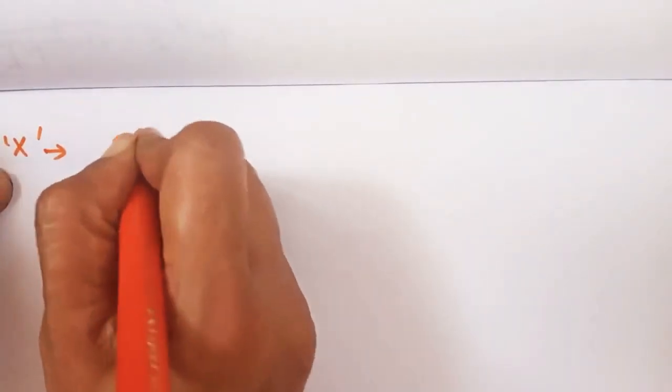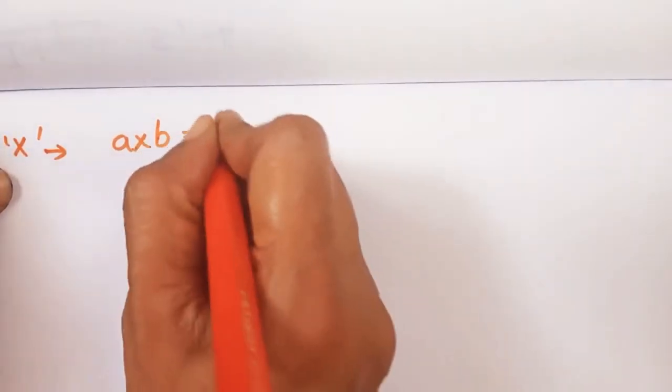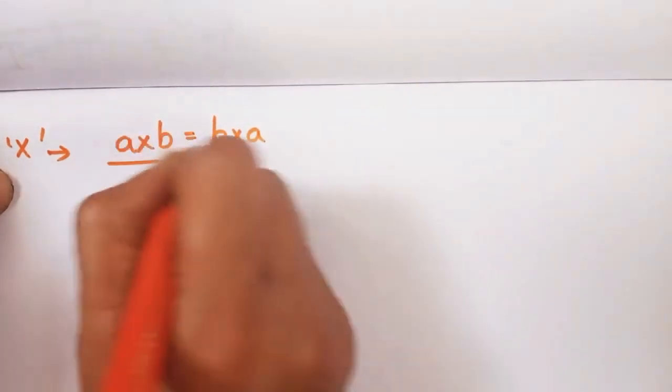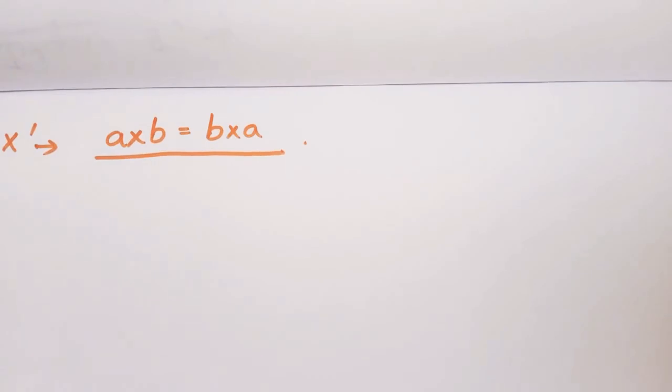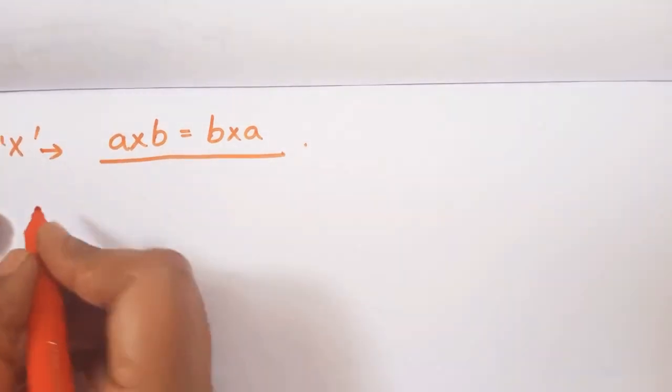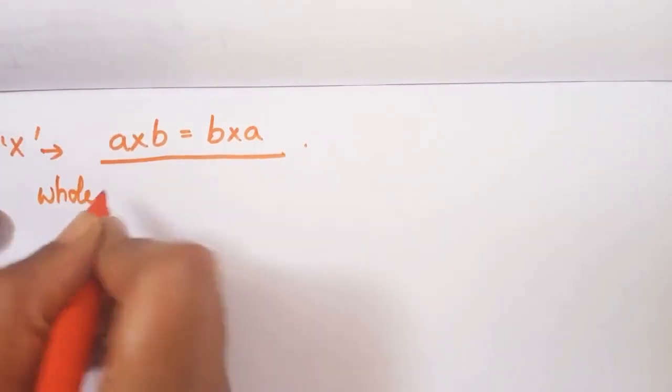For this, I will explain the commutative property regarding multiplication. Just as addition and subtraction, when A into B is equal to B into A, we say that multiplication is commutative. Let us check it fast, because we have already completed addition and subtraction. In the same way, we can check this for multiplication. So let us first check with two whole numbers.